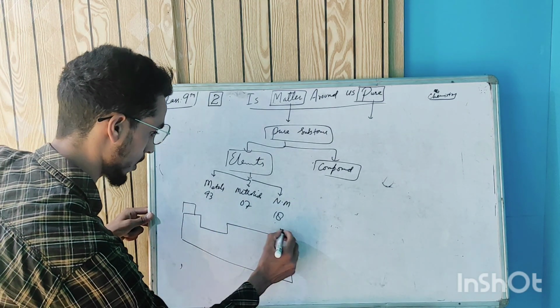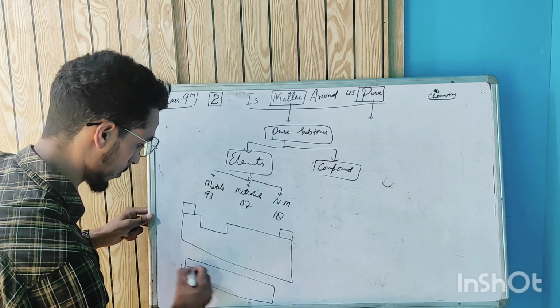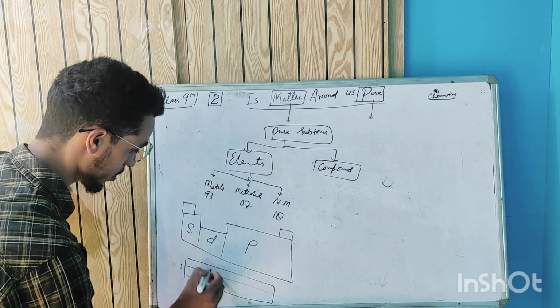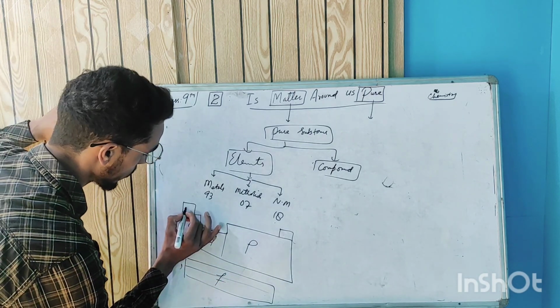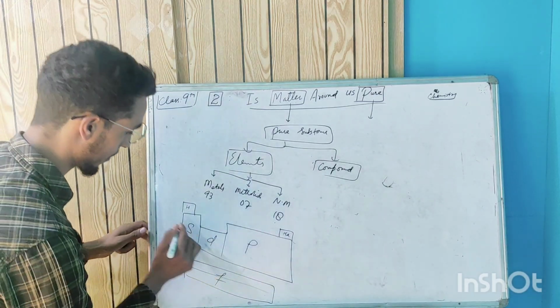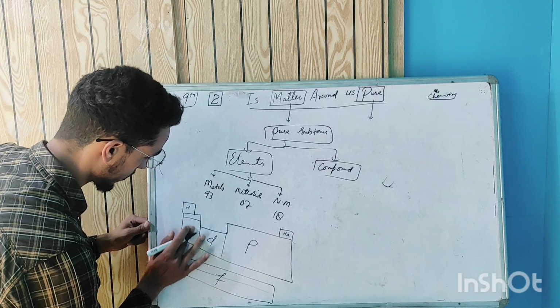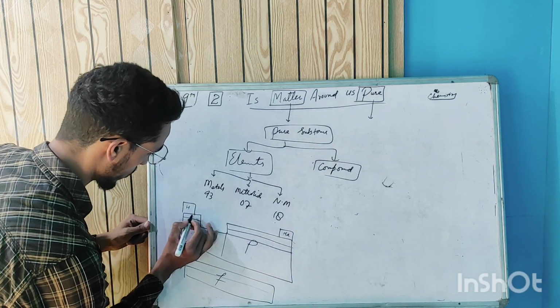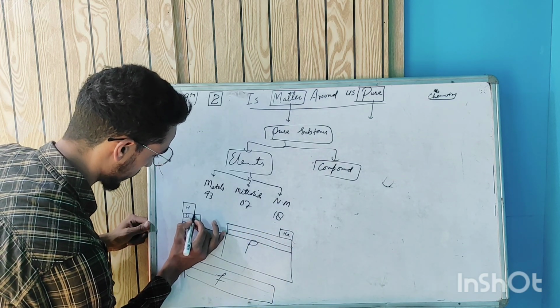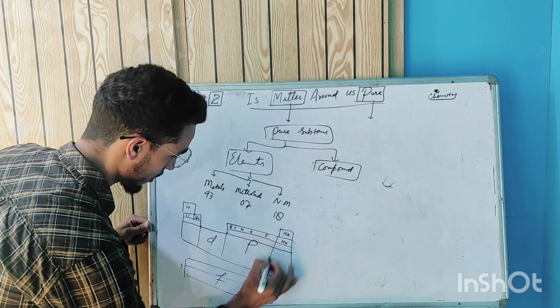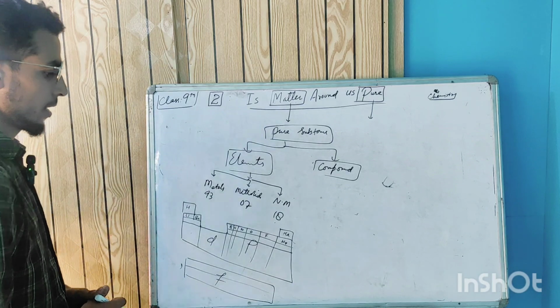This is the basic diagram of our modern periodic table, where we can see these are 4 blocks. This is S block, this is P, this is D, and this is F. Now in the S block we start with hydrogen and we go along the period, across the period, to helium. Then here we are having 2 periods. So this is now lithium, beryllium, boron, carbon, nitrogen, oxygen, fluorine, and neon. Then they follow the same trend. And this is the periodic table.